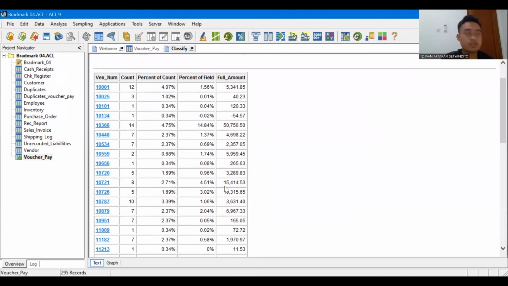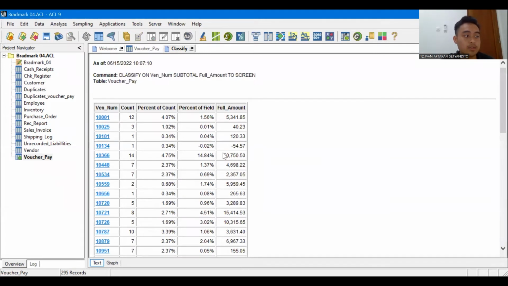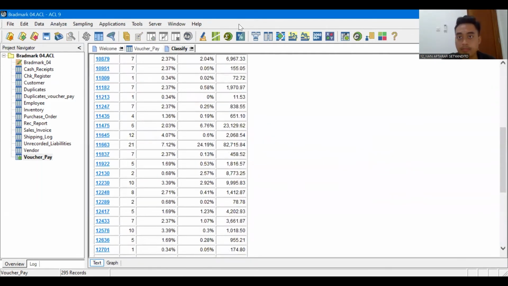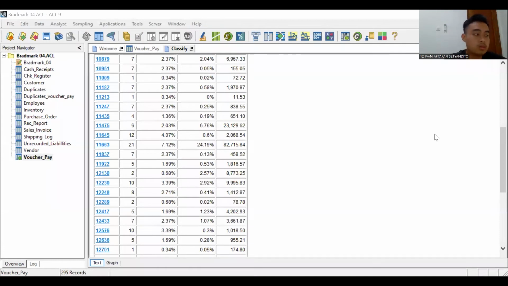Okay, here are the results of classifying, where we can see some anomalies where there are several new vendors whose transactions only have a few. Okay, so